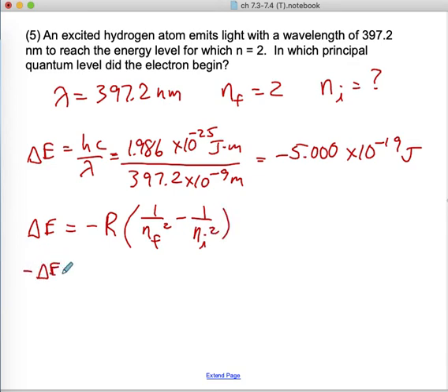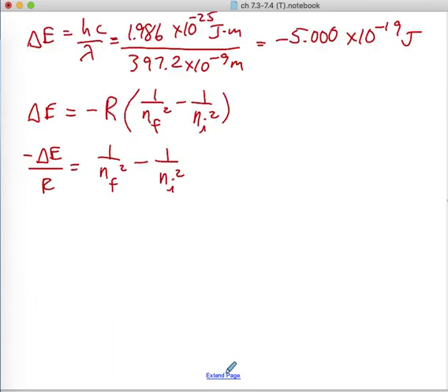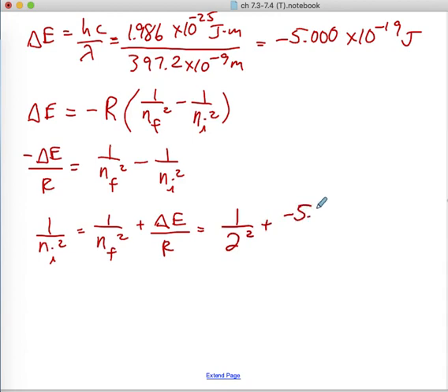Negative delta E over R is equal to 1 over n final squared minus 1 over n initial squared. Do some rearranging. 1 over n initial squared equals 1 over n final squared plus delta E over R, which is equal to 1 over 2 squared plus negative